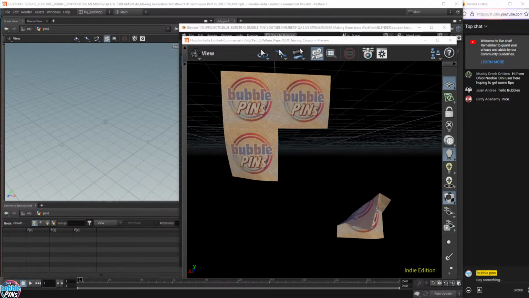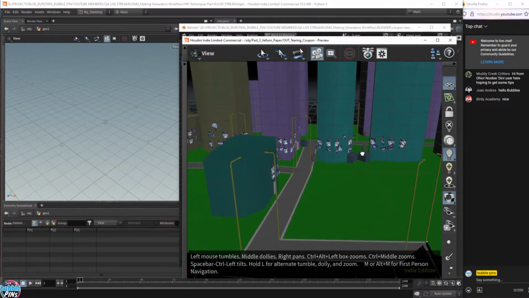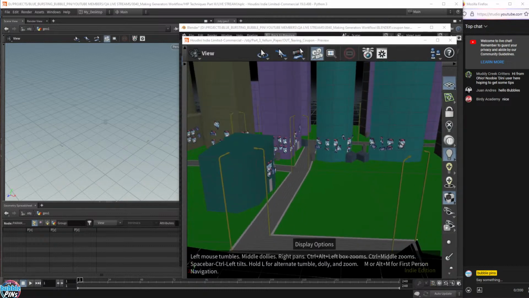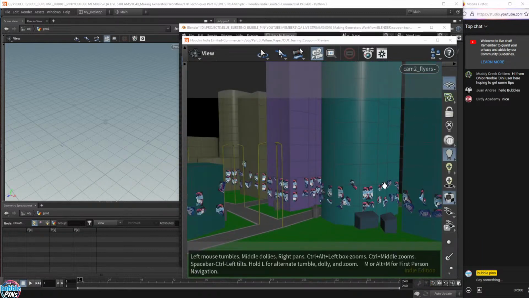And the last one that I have in store for today, I'm just gonna grab it. It's loading, give it a second. Okay. Camera. Flyers. Okay. It would be this flyer scene where we turn all these posters